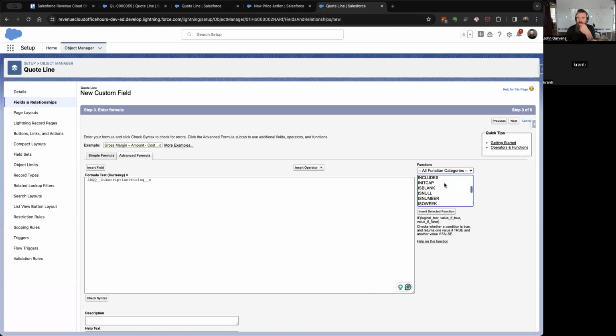I think is null is still, yeah, so there's is null, is blank. Okay, great. So it checks whether the expression is null and then returns true. False. Is blank is slightly different. We might just use an if statement here because this is a pick list. So